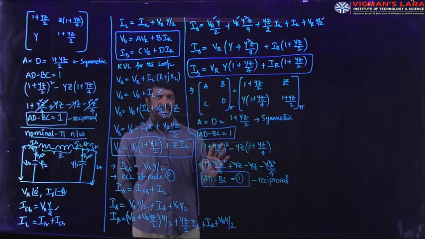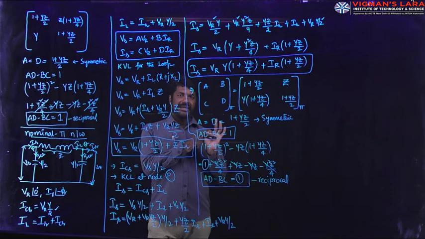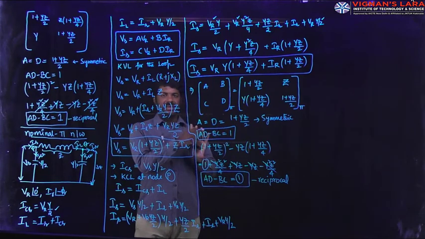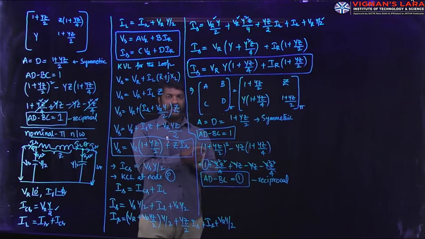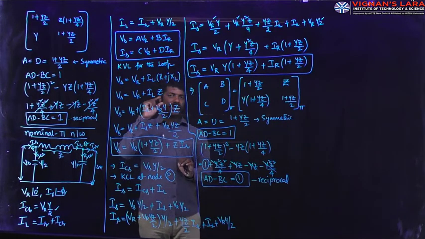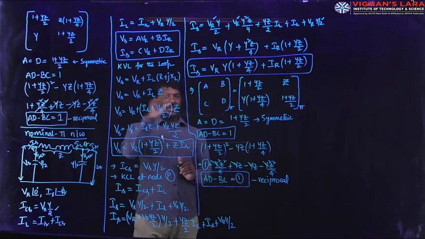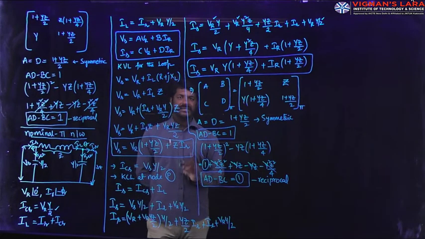So we are at the end of these ABCD constants, where a total of four circuits have been analyzed so far. They are the short line representation, and the remaining three are medium line representations: end condenser method, nominal T and nominal pi. For all the methods, we have ABCD constants with a very short remembrance: A value and D value are unitless. They will not have any unit. One is the voltage ratio and the other is the current ratio. A is the voltage ratio, D is the current ratio.